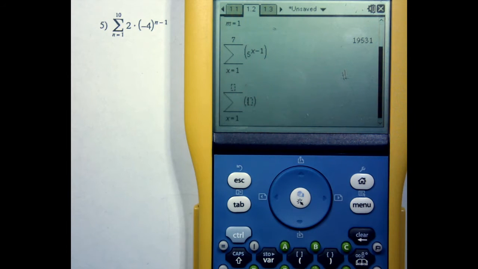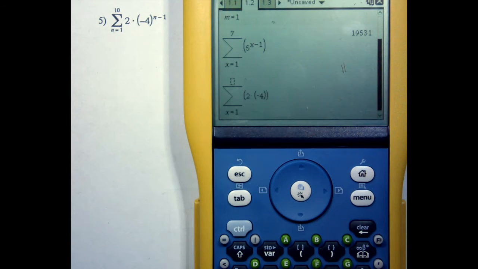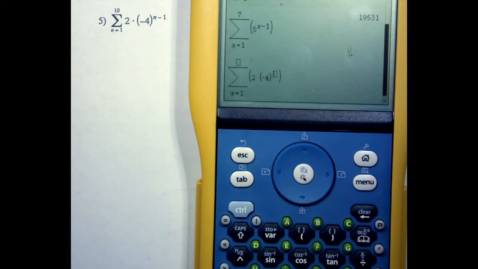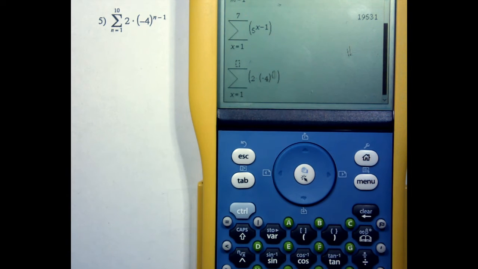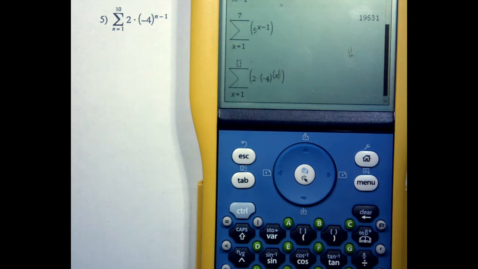Now, here's where it gets interesting. I'm going to say 2 times, and then I have to start parentheses, and then I put my -4. So see how I'm kind of making it look just like the problem? Then I hit the caret symbol, right? Then up in this, I'm going to start another set of parentheses, and because I chose the variable x, I'm going to say x - 1,